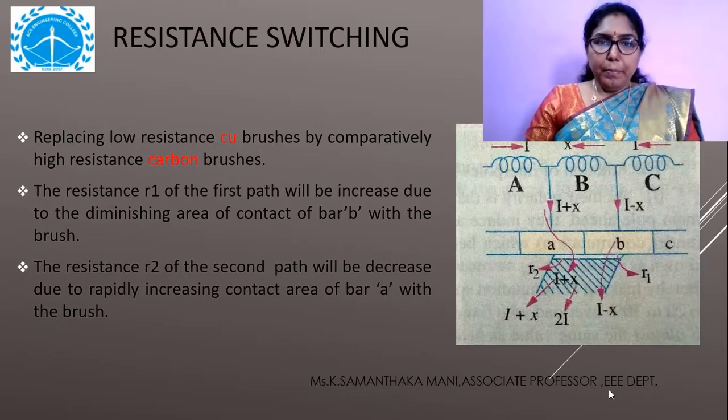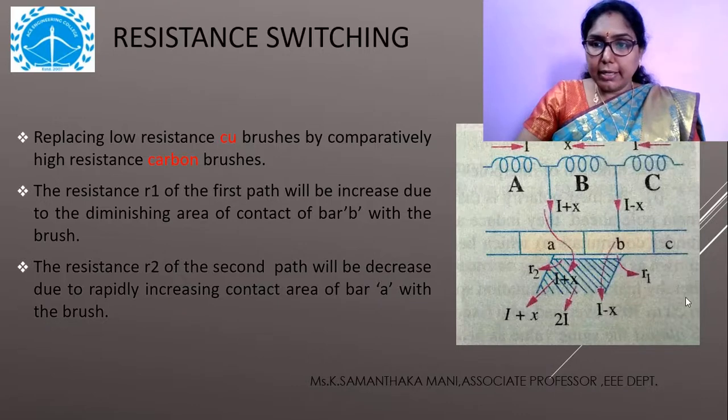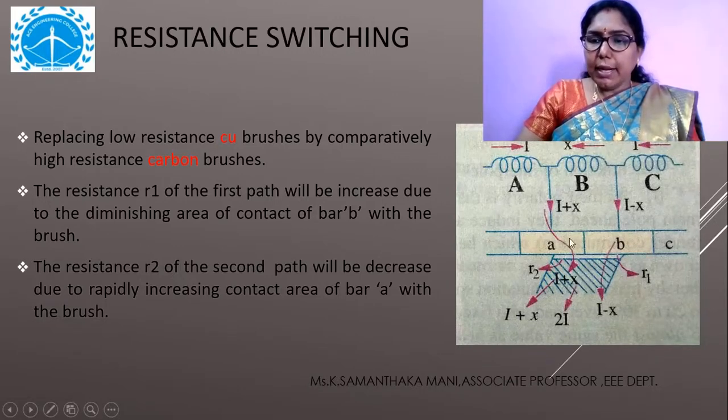Before explaining that, all of you observe this diagram. I think you can remember that this diagram was already explained when we discussed the commutation process. I am considering the same problem we faced during commutation, like sparking at these segments, which can be nullified in this method by choosing resistance commutation. You observe here, there are three coils: coil A, coil B, coil C, and similarly the segments small a, small b, small c.